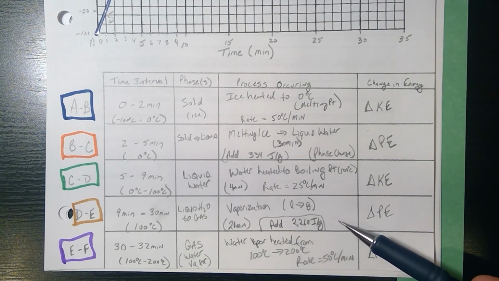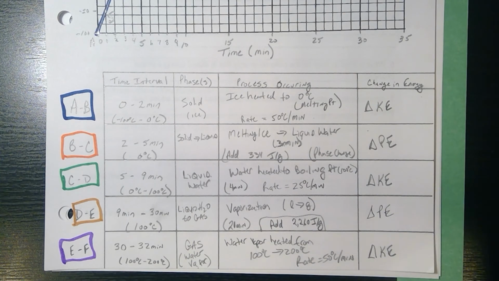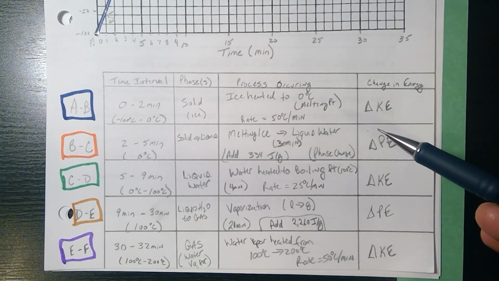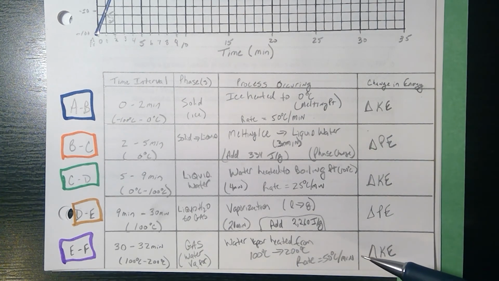It takes a lot more time to turn water from a liquid into a gas than it does to melt ice and change it from a solid to a liquid. Those numbers, 334 joules per gram is called the heat of fusion. 2,260 joules per gram is the heat of vaporization,